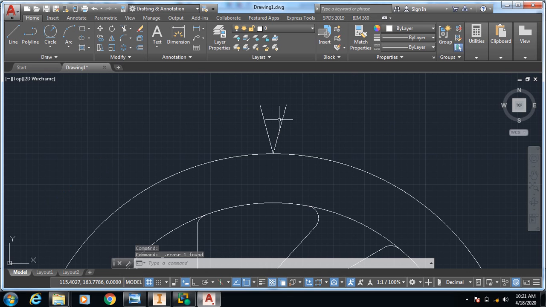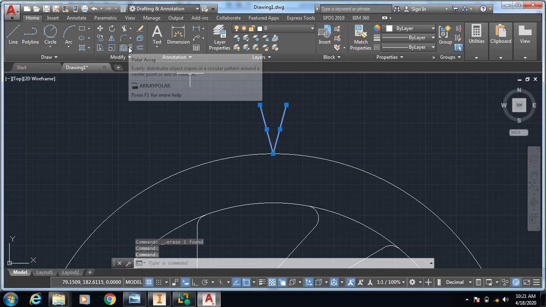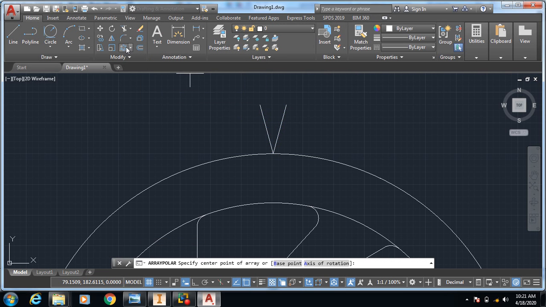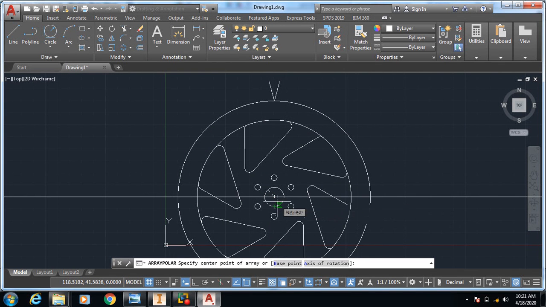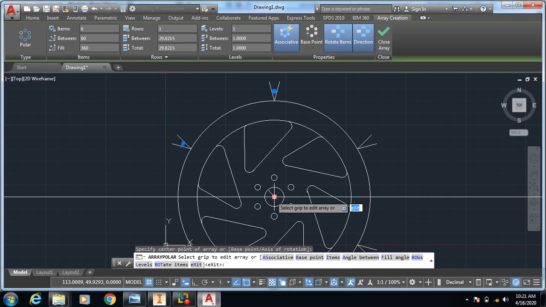Now select this one and this one, again take a polar array, the circular array, select the center point from this point, and give the number.